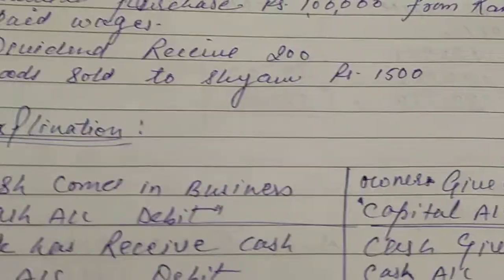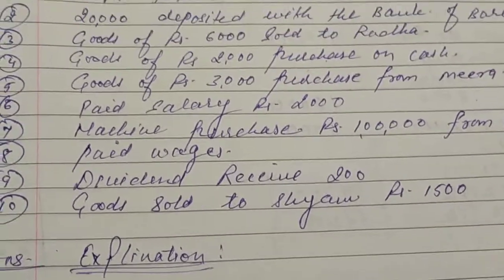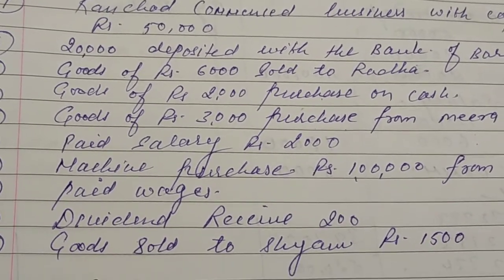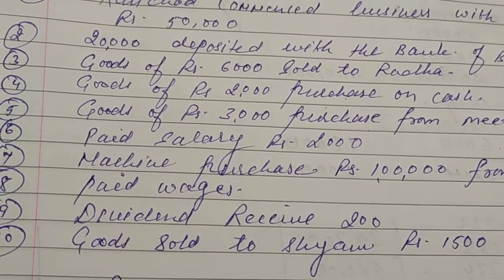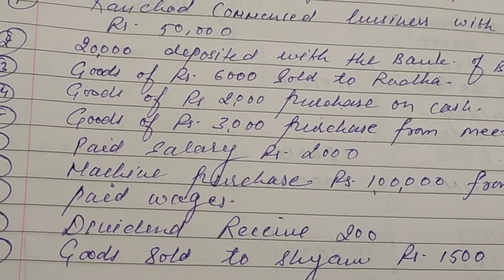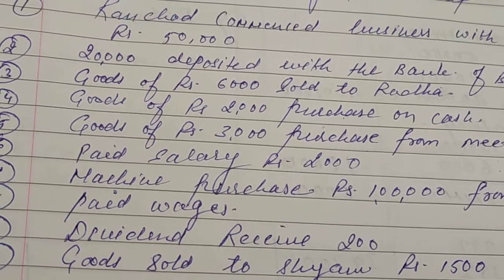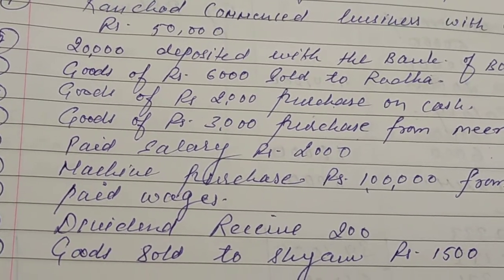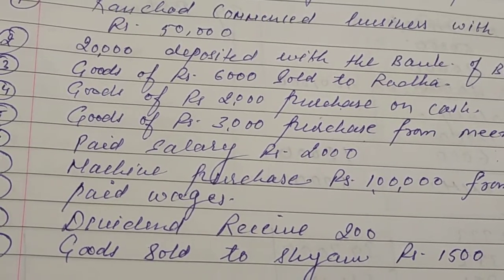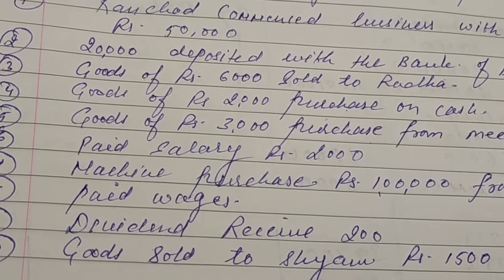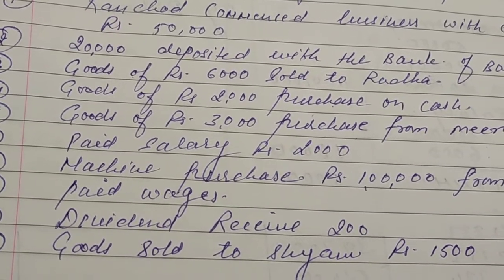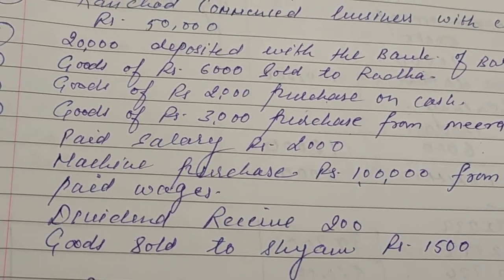Okay, I hope you get it, these explanations which are related to the last class rules of accounts. So in the next class or next chapters, the same transactions we have to post into the journal entry, how to prepare the journal entry, but we have to follow these rules. With these rules, only three rules: personal account rules, real account rules, nominal account rules. Okay, which I told you. If we know those rules, then we can make the journal entry very easily and accurately. I hope all of you get this.